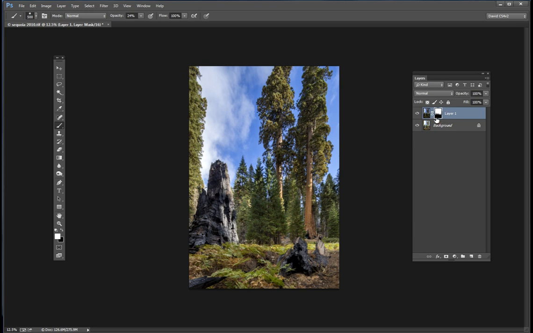What it's doing is painting away that mask so that I'm seeing more of this dark top layer. And really all I want to do is these darkest bits, the brightest bits of this burnt out stump here, just bring them up a touch here. And really it's very subtle, and if I make a mistake I can always go back on myself by using the paintbrush painting in black to paint back in the mask that I've taken too much out of. Very flexible, very useful tool, and really you can see I've done very little there,